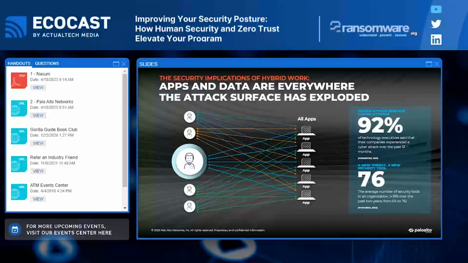And this all came to a head during the pandemic when all of a sudden, everyone who was in a physical location was now enabled to work remotely. And that had some really interesting implications because now data truly was everywhere. Users truly were everywhere. And providing security for our locations didn't work. It wasn't sufficient to get users the right type of experience in getting access to the different applications. So what they started demanding was direct-to-cloud or direct-to-app types of connections.